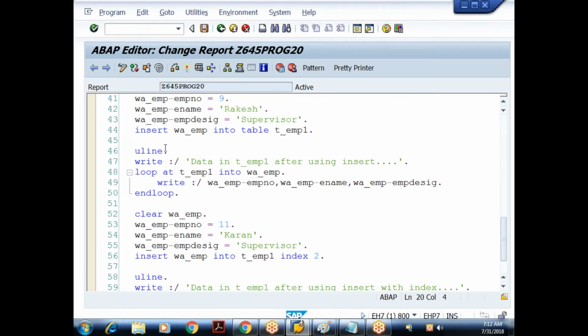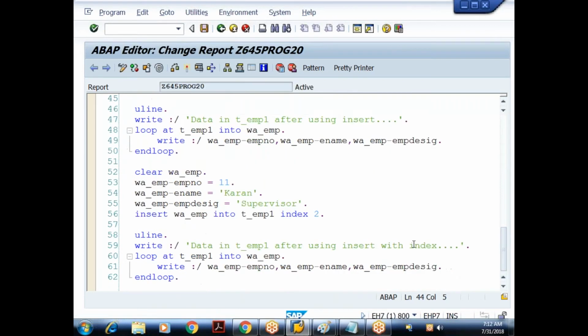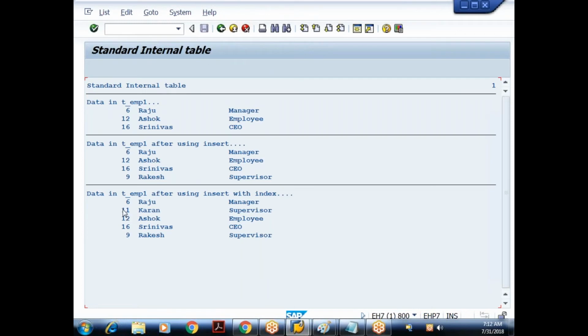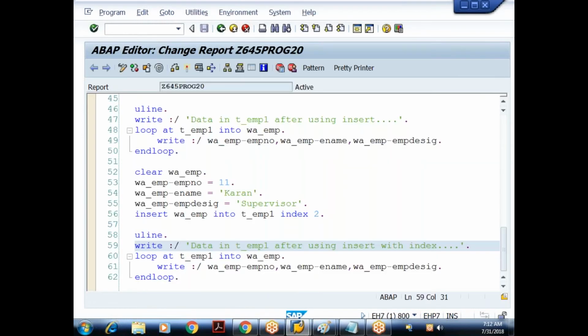Append will always insert the data at the end of the internal table, whereas insert can be used either to insert the data at the end of the internal table or in a specific position by using the index addition. So I got employee number 11 in the second position. Done. So any questions so far?